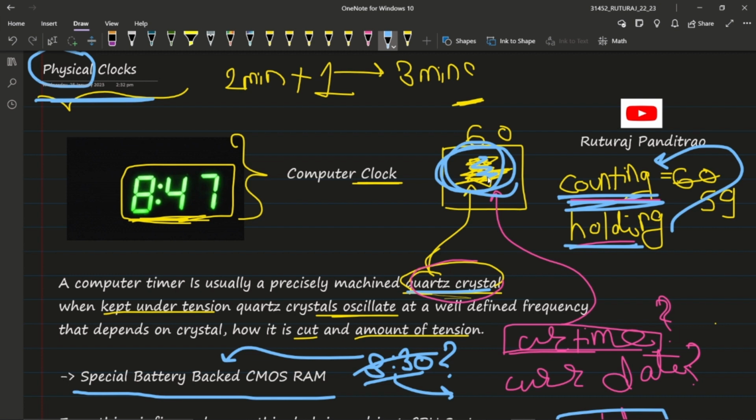Okay? Because with time and with use, because we're using this crystal so frequently, it is oscillating 24/7, thousands and lakhs and crores of times, millions and billions of times. So with time क्या होगा? It will lose its properties. Also with temperature, the crystal structure can change because it is a physical clock. Physical properties of that clock or this structure will change over time depending on certain factors.